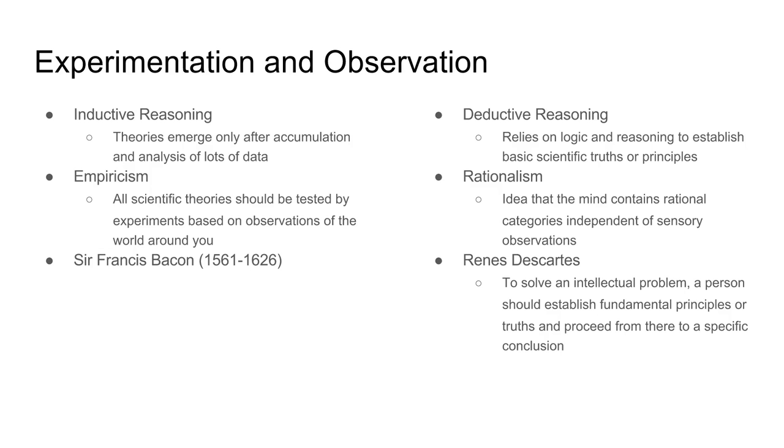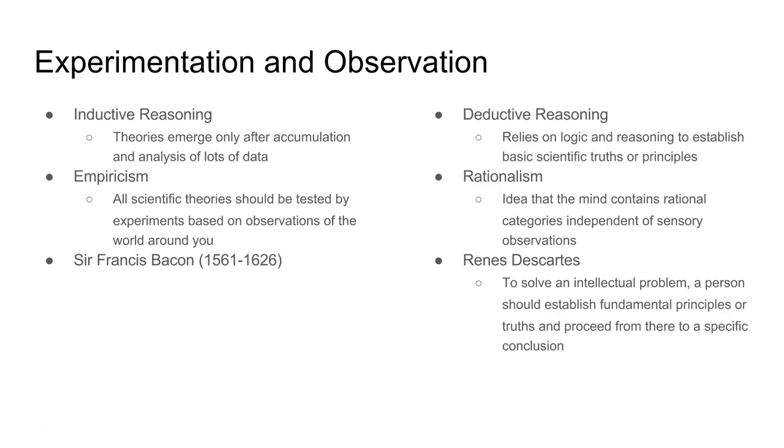And this goes hand in hand with another concept of rationalism. And deductive reasoning relies heavily on logic and reasoning to establish basic scientific truths or principles. Big, broad pictures. And then from there you can make assumptions about smaller items. And this is supported by this idea of rationalism, where the mind contains categories that are rational and logical and make sense, and those exist independent of any observations we make with our senses of